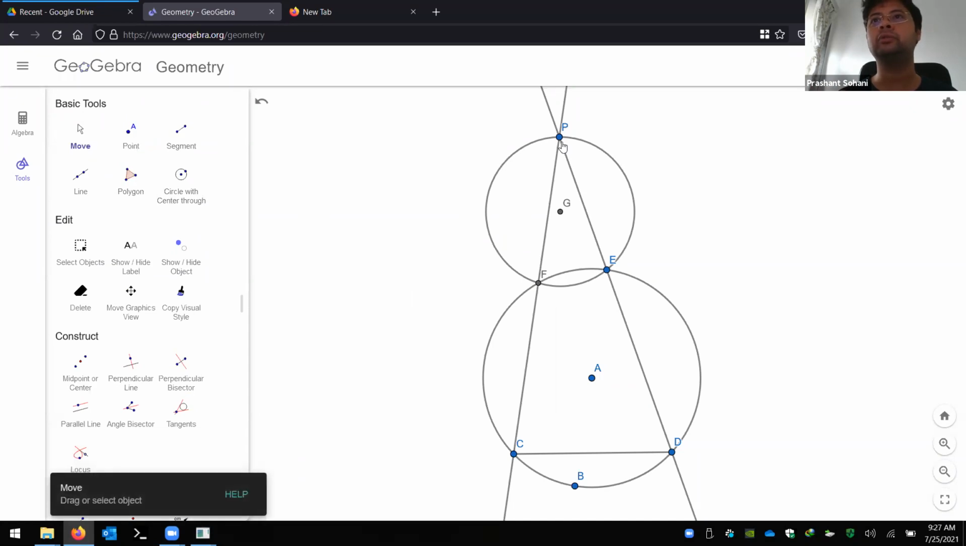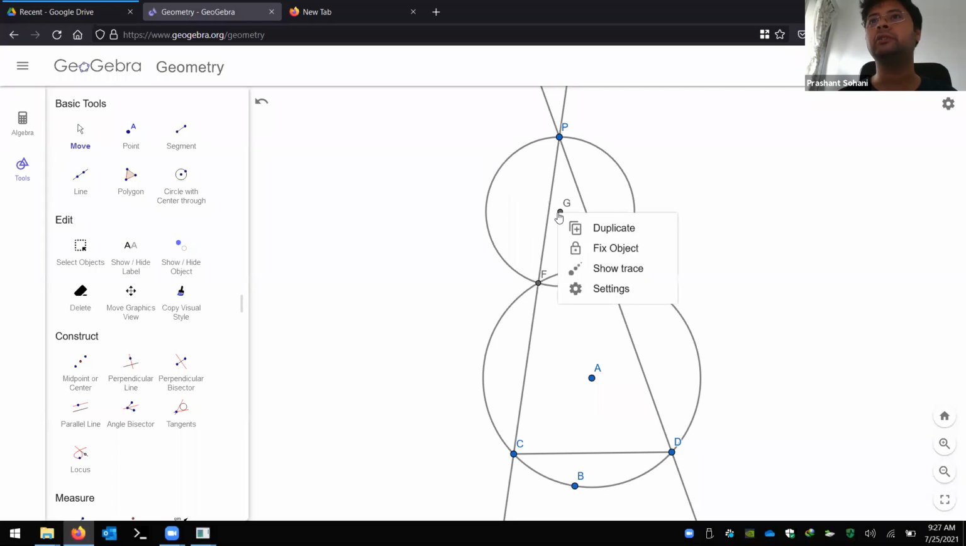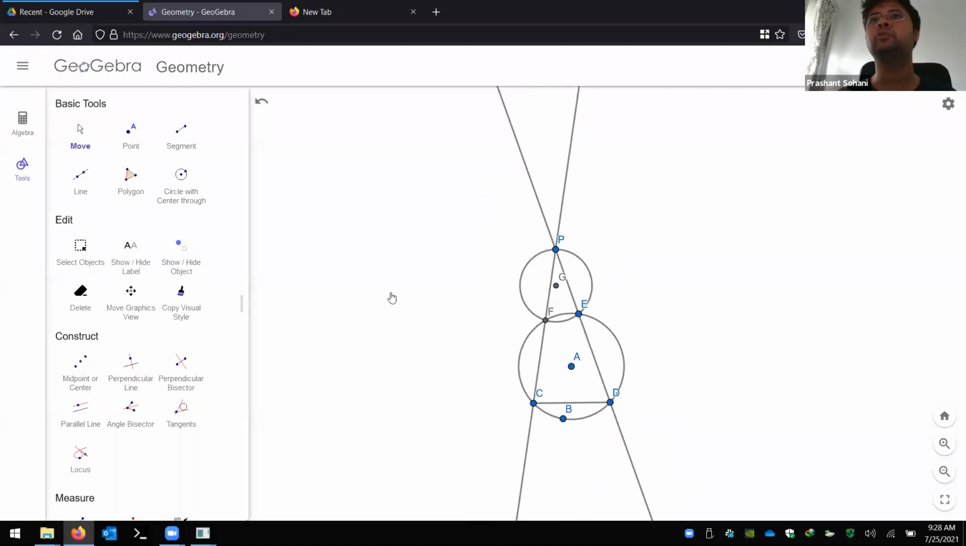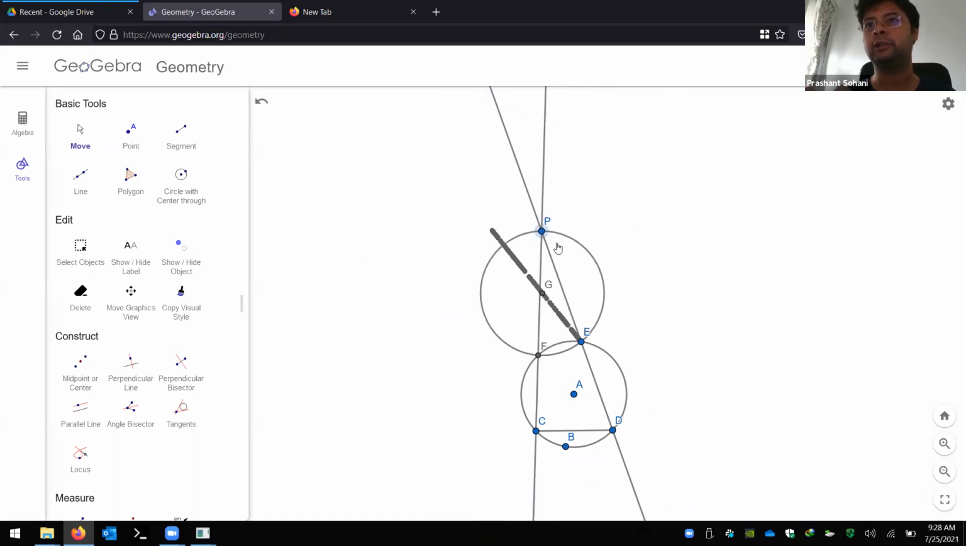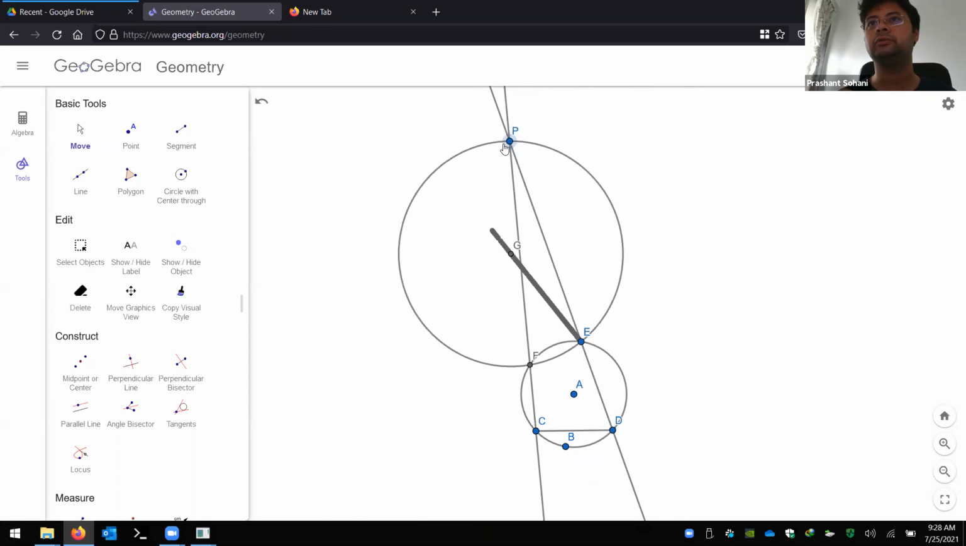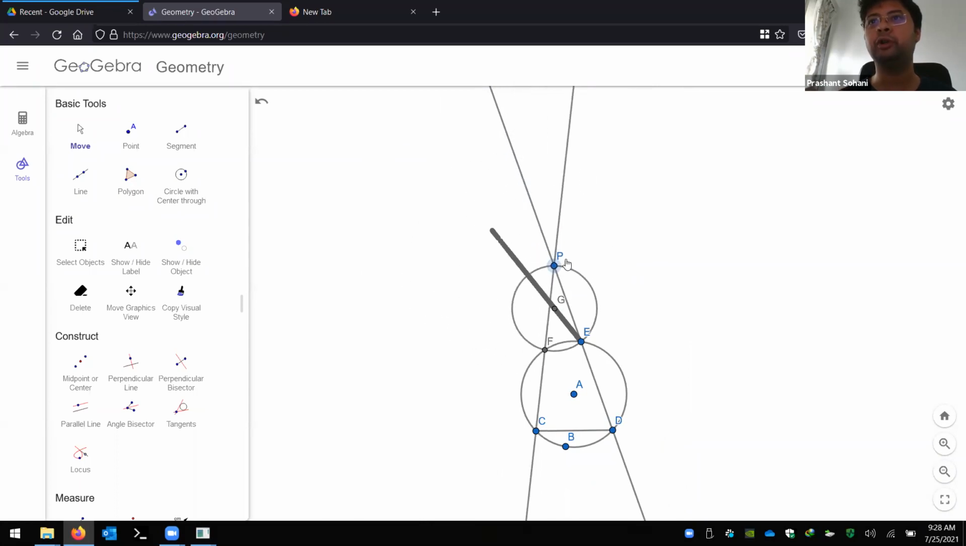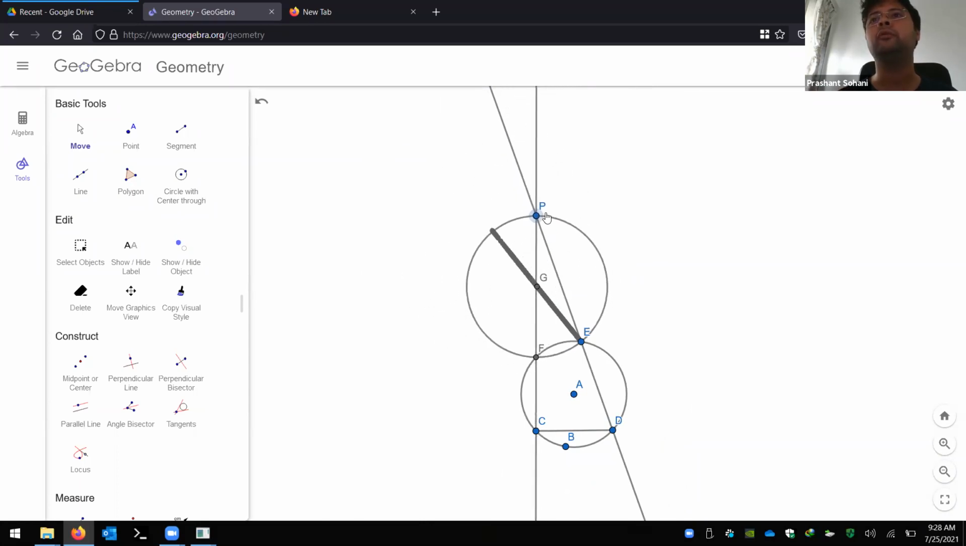Okay, so now if I move point P, what happens to this point G? And obviously, as point G moves, the tangent at point E will also change. So I can enable tracing for this point. Now let's see what happens when I move this point P. Look at that. It seems very much that the point G always moves on a straight line, which means that the tangent to this circle at point E, which is not drawn,